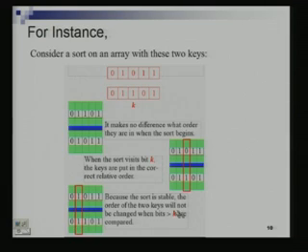Because the sort is stable, the order of the two keys will not be changed when bits at position larger than k are compared. You can also see now why I had to start from the right end. If I start from the left end, then this technique is not going to work. Take this as an exercise. Think of an example where if I were to start from the left end, this would not give me a sorted sequence at the end.